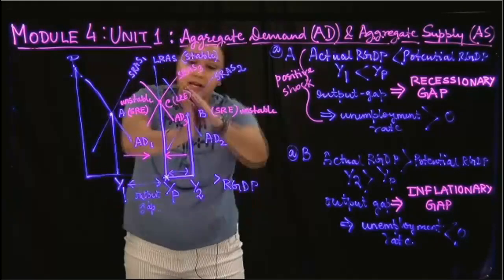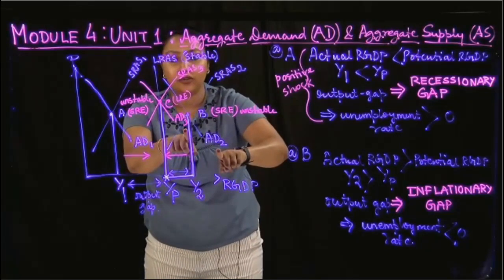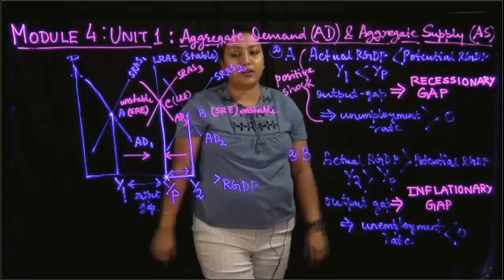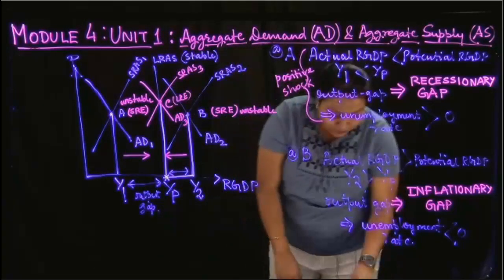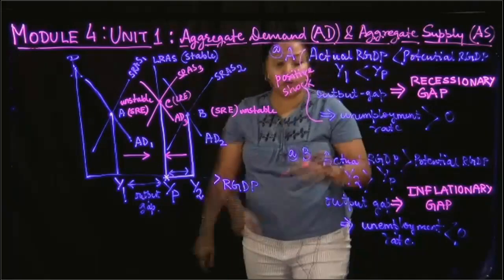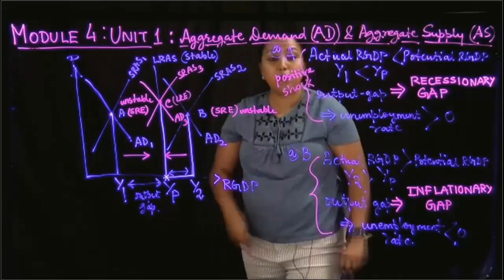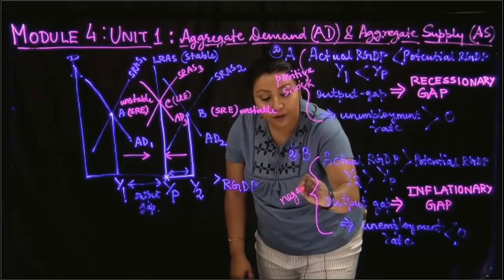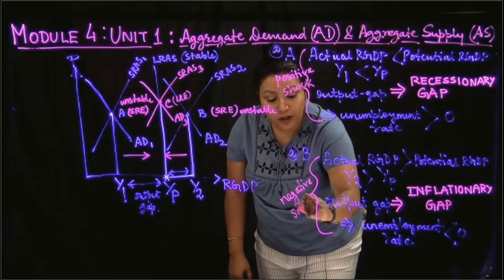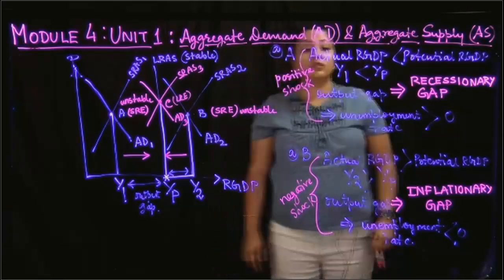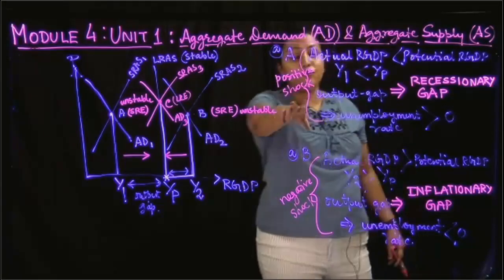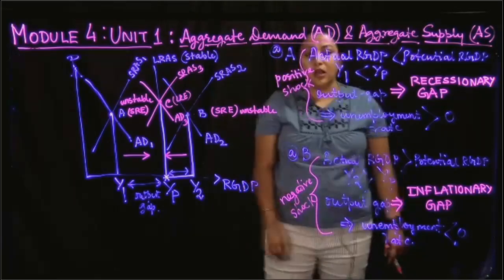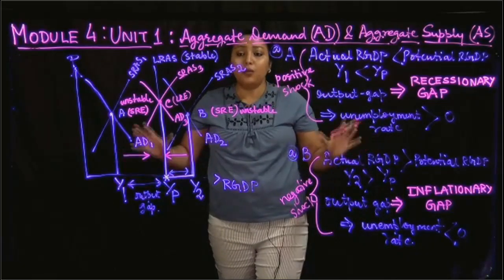Please note, if the AD curve goes left from AD2 to AD3 or the SRAS curve goes left from SRAS2 to SRAS3, right? So we can say that if there is an inflationary gap in the economy, then that gap can be removed by a leftward shift of the AD or the SRAS curve, which is basically a negative shock. Please go back to the previous videos and make sure you understand a positive and a negative shock. There I'm referring to a right shift of AD or SRAS. Here I'm referring to a left shift of AD or SRAS. Okay, so this is what we have here.